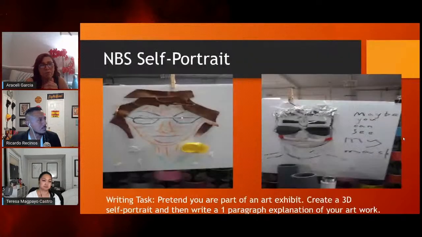Go ahead. So here's another DBL kind of project. This one is a self-portrait. And if you notice the materials, simple things. Construction paper, right? And I keep telling the teachers, get these kids off the laptops. Get them off the cell phone, get them off the laptop, have them work with even the high school kids. All kids need to just interact in different ways, right? So this is just, again, recycled material, just things from around the house that they could put together to do a little self-portrait, and then they can write about it, right? Go ahead.